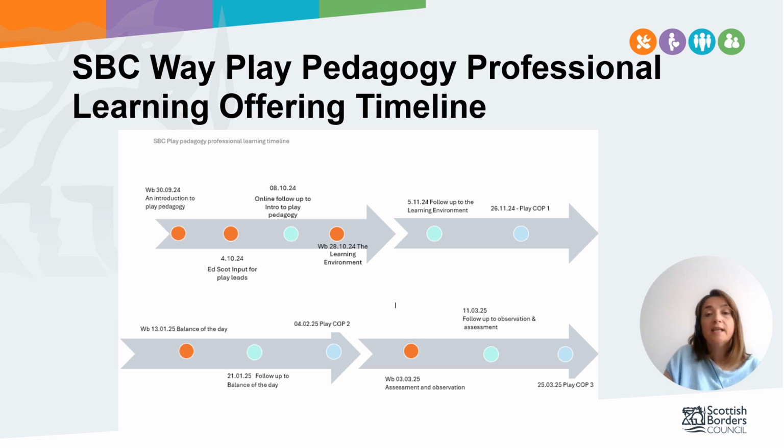Turquoise dots indicate the dates of our follow-up sessions to the core input. These sessions will provide the opportunity to come along and share any follow-up activities that have been set as part of the core input training and as a space to reflect and ask further questions or advice if needed. The blue dots indicate our Primary 1 communities of practice, which will be in person 4 times over the school year. There will be an opportunity to connect with others, share practice and collaborate with teachers across the borders on various stages in their journey.